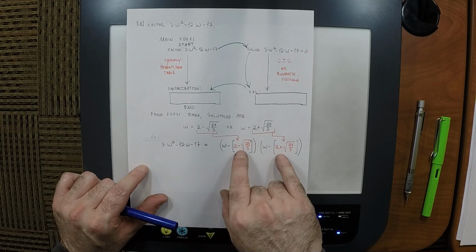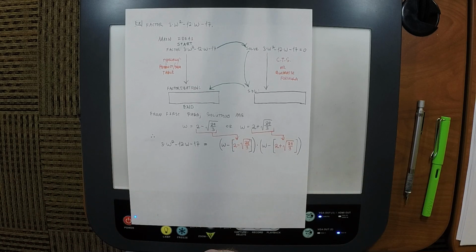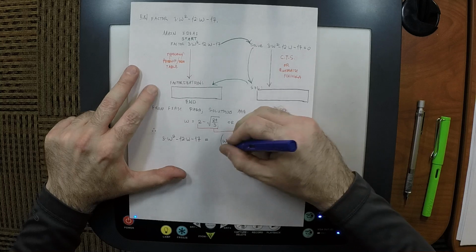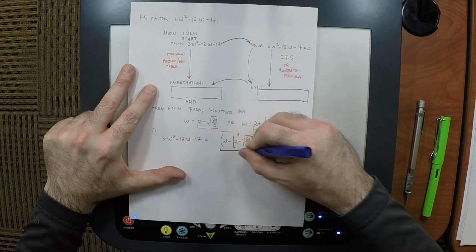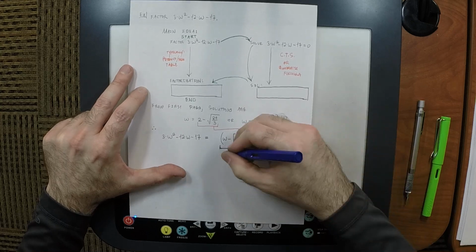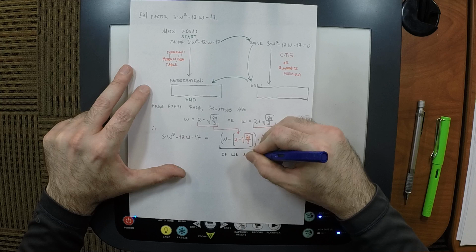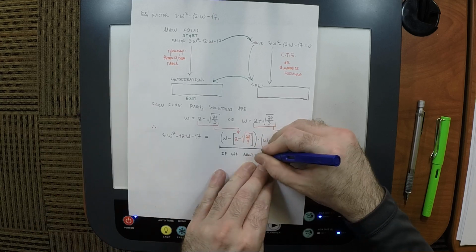And because those numbers are a little bit crazy, that'd be a chore, wouldn't it? But nevertheless, in principle, it could be done. And I want you to consider these two factors. So if we were to multiply out